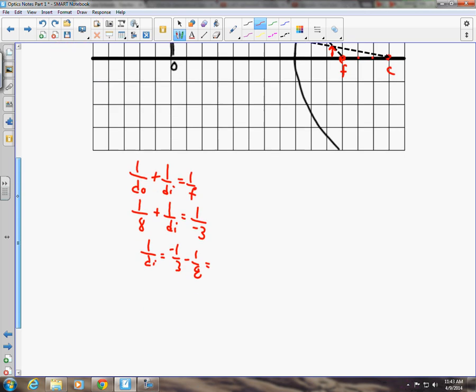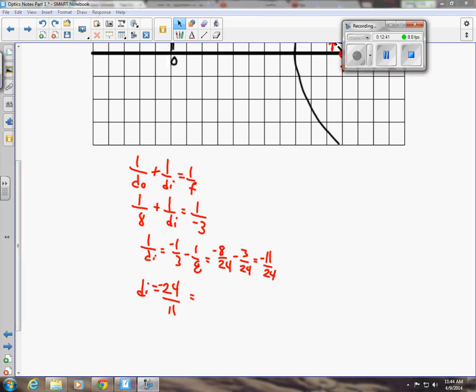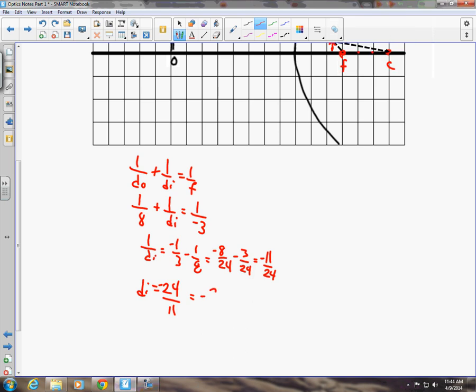Common denominator would be 24. So this is going to be -8 over 24 minus 3 over 24, -11 over 24. So DI is going to be negative 24 over 11. I'm going to turn that into a decimal, and I'll get -2.18